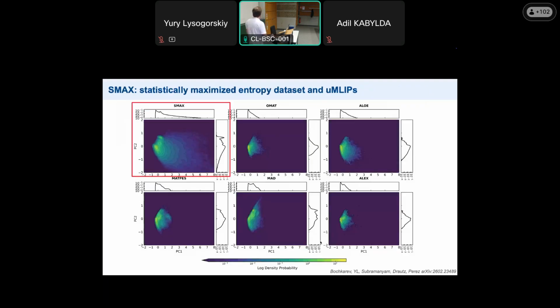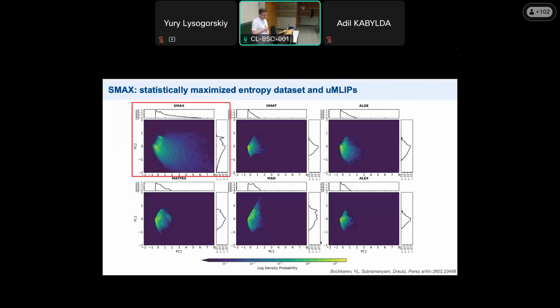But what if you want to go for more extreme cases and simulate systems like this Mendeleev alloy that we have seen on the first slide? For that, we need to really focus on sampling strategies for these training datasets. For this purpose, in collaboration with Danny Perez, we generated the so-called SMAX dataset that contains roughly 1.7 million DFT calculations, computed only with PBE.